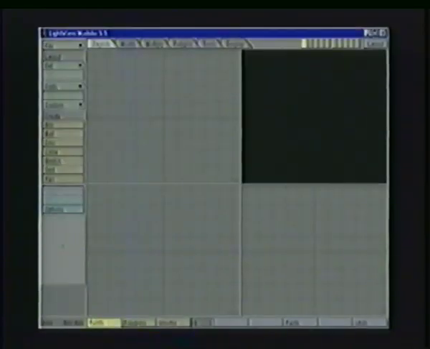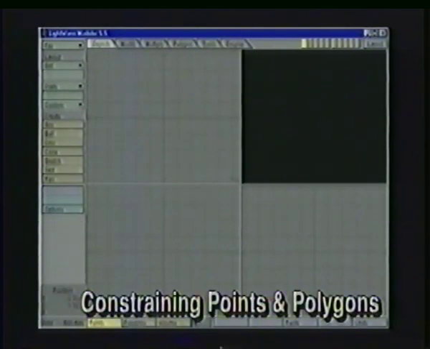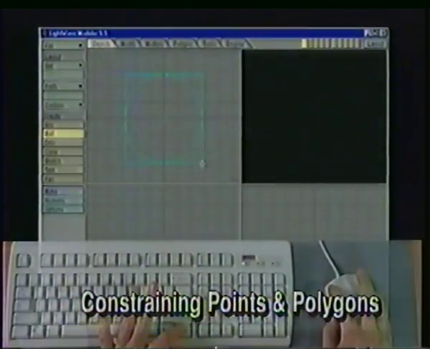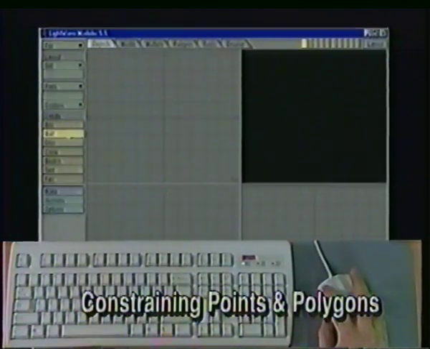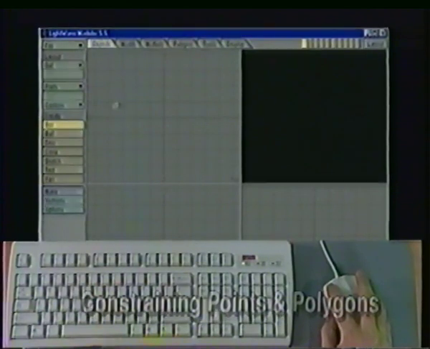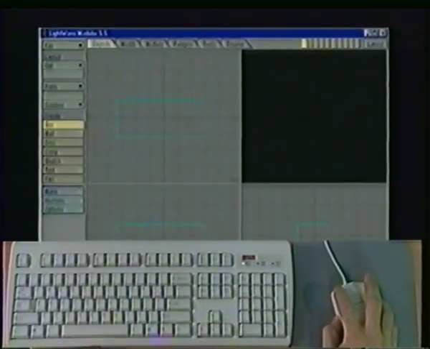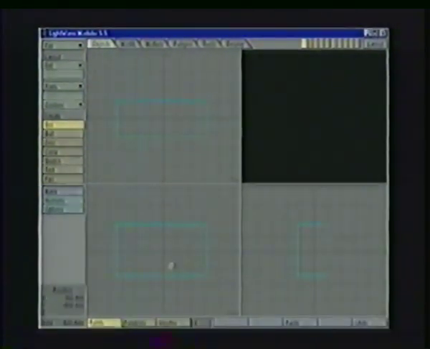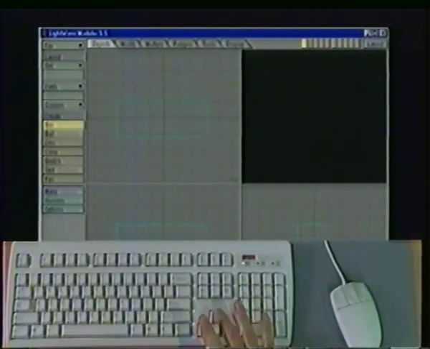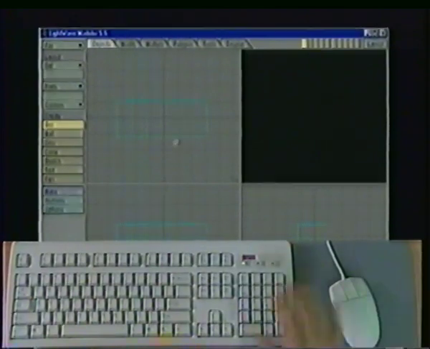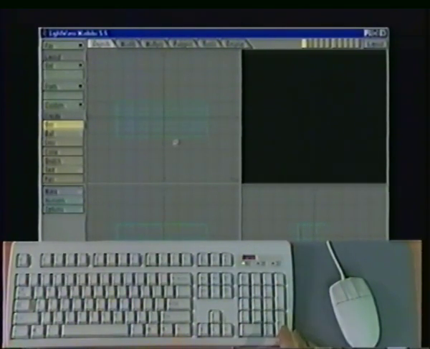Hit the A key to reset our grid. Another trick that I like to use a lot is, as I showed you before, when I was making the ball, I could hold down the control key and it would constrain it to a circle for me. Well, I can also do that when I'm manipulating points and polygons. If I drag out a box, and I'm going to add some segments to this box by using my arrow keys. I'll move the cursor up to the other window to add some segments to the top view,